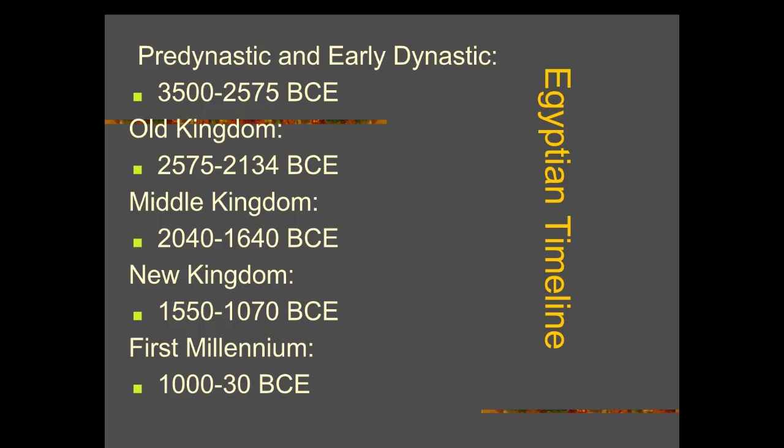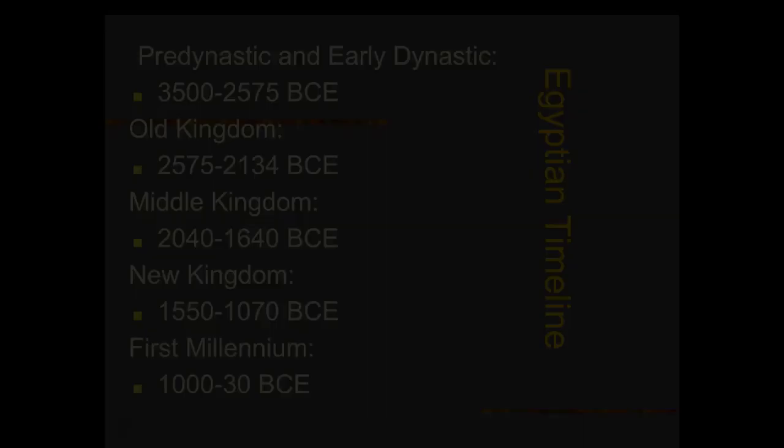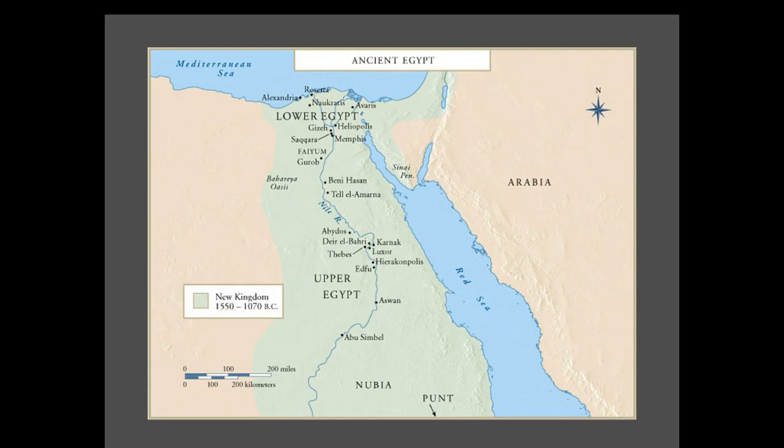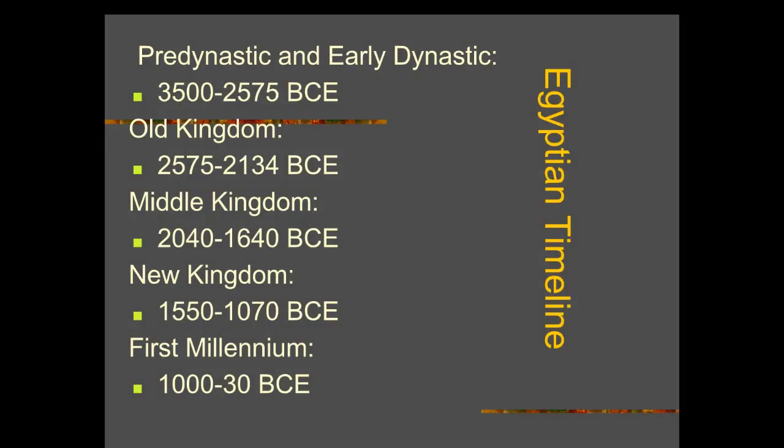movements. So what we're going to talk about are the pre-dynastic and early dynastic ages, which is between about 3500 and 2575 BCE. We've got the Old Kingdom, which comes after that, 2575 to 2134. Middle Kingdom, 2040 to 1640. Then we've got the New Kingdom, 1550 to 1070. And then the first millennium between 1000 to 30 BCE. Sorry. So, one thing to note is that the pre-dynastic periods, these periods in the Egyptian timeline are occurring simultaneously with